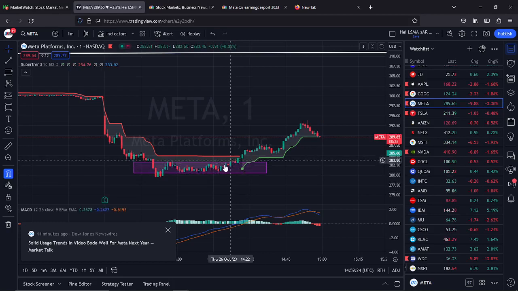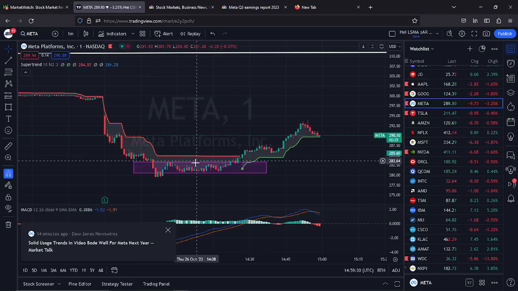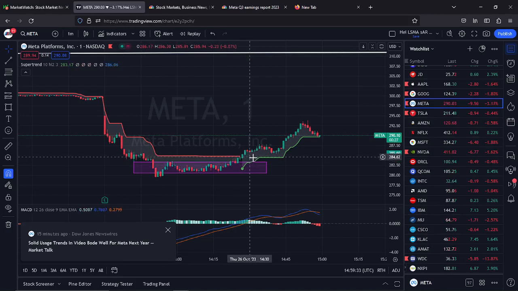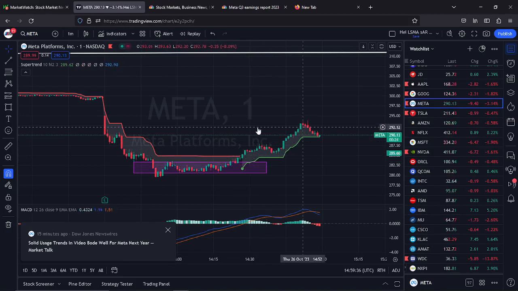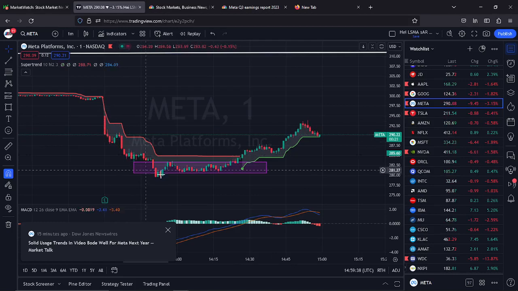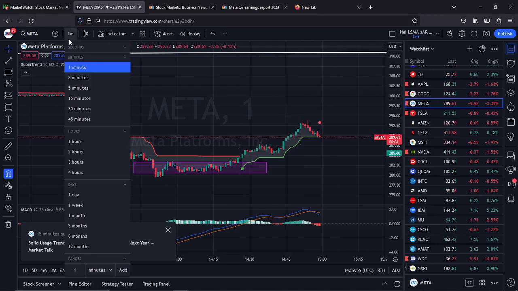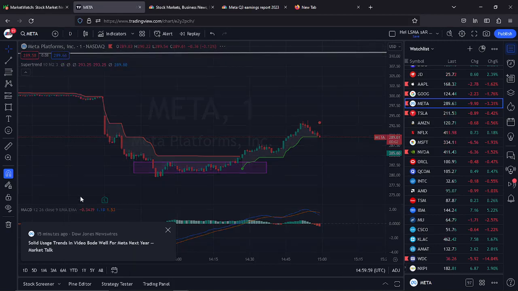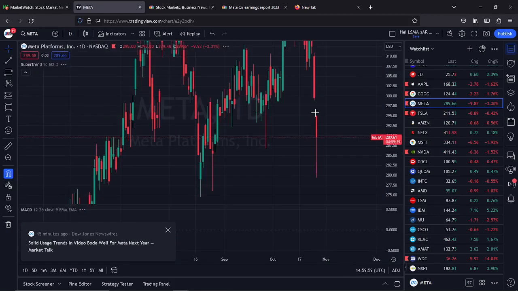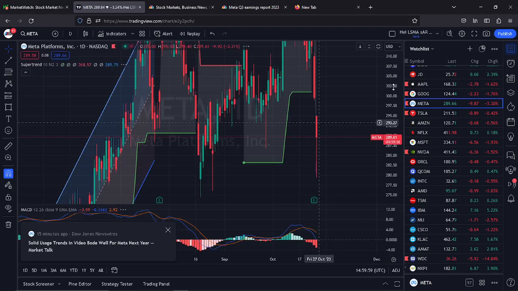Why? It broke up this bar above this level. It broke up and you got this green line and buyers coming in. So it opened here, dropped all the way down here, and right now it's trading here. Now you see how you get that long tail. I just explained it to you. You better know how to do it, because you're going to explain it back to me otherwise. This pattern gave us this when you compress it into one day. So minute by minute, in one day, you get this.